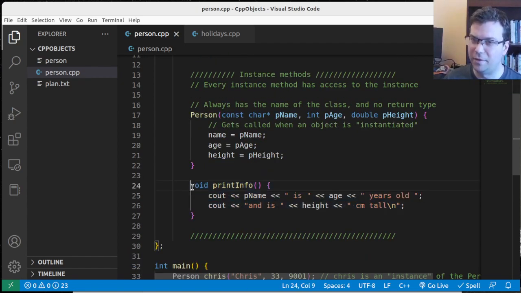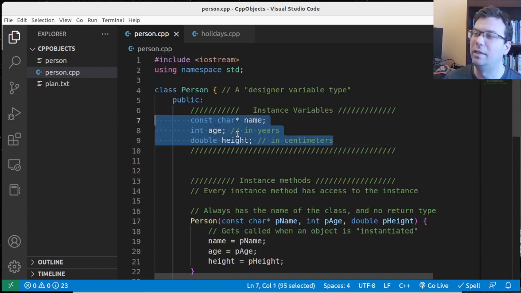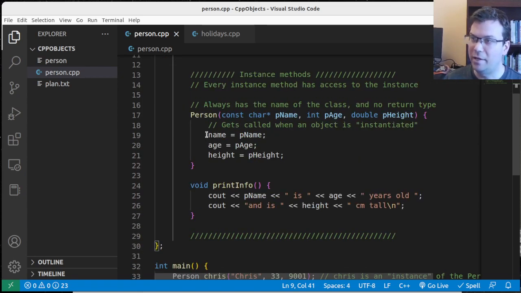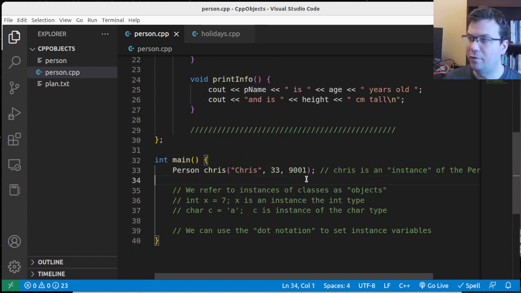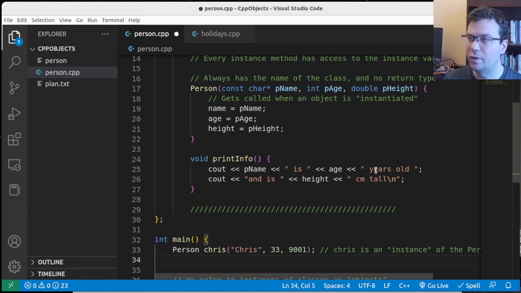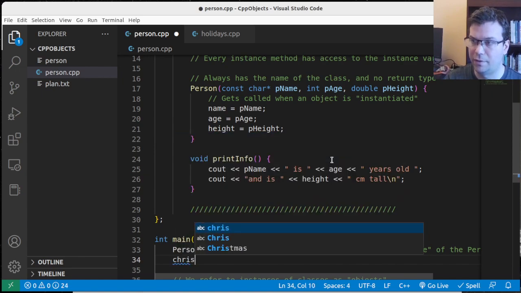All right, so I have another method here. This is also an instance method. What that means, again, is it can have its own parameters, it can have its own local variables, but it also has access to all of the member variables, all of the instance variables of this object, okay? So I can actually set something in the constructor, and then it will persist throughout the lifetime of this object. And so I can access it later in another instance method, okay? So every instance method has access to the instance variables. And so what I can do is after I construct Chris, I can actually call this instance method. And we also use the dot notation for this. So if I were to say chris.printInfo,